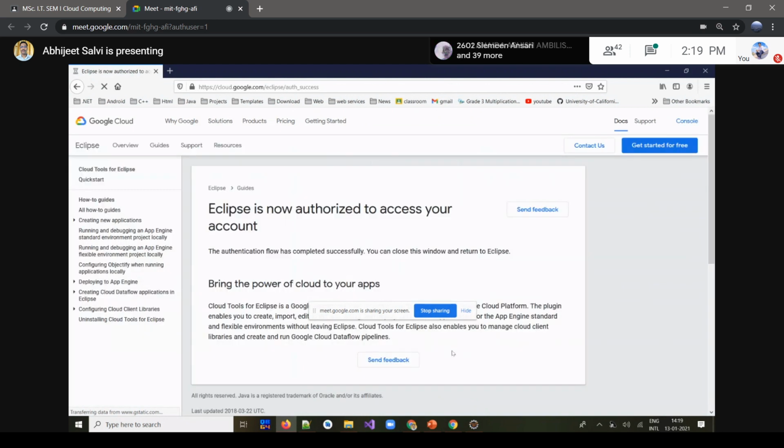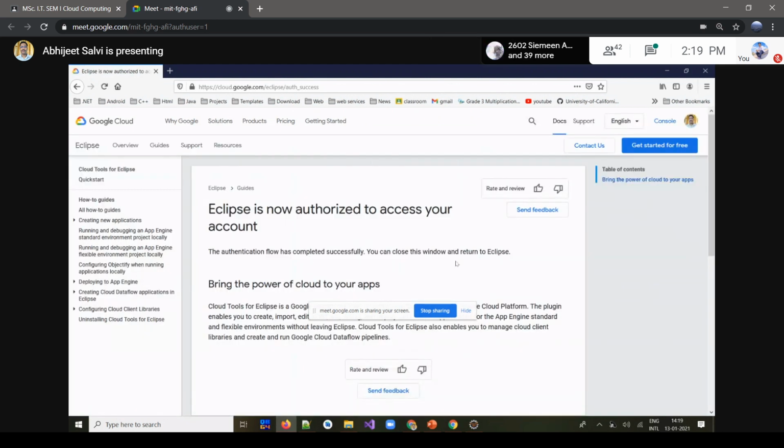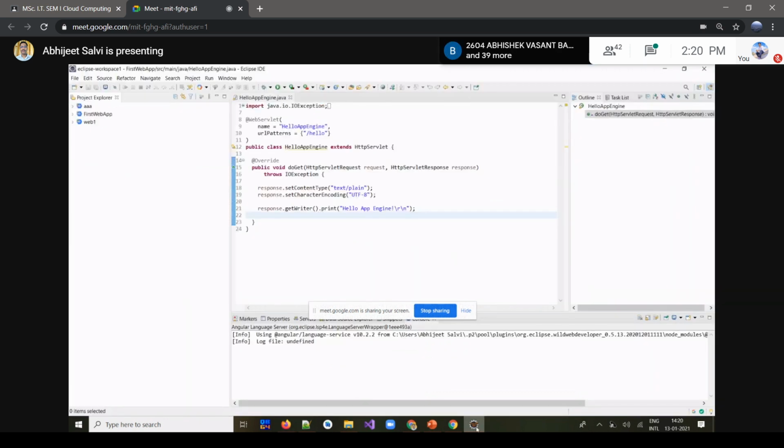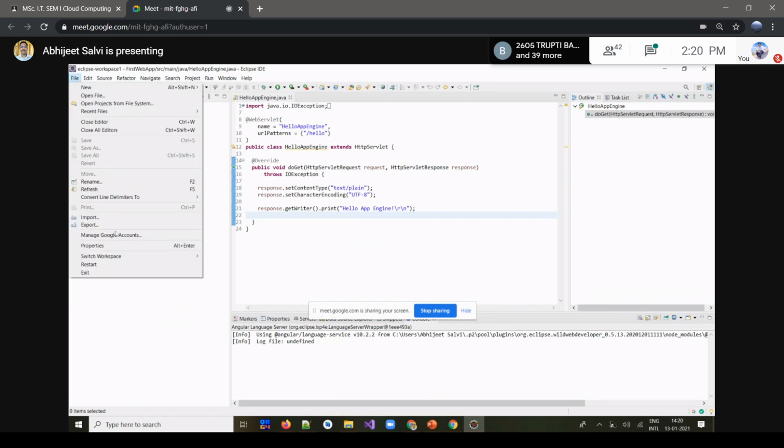Okay, so you will get a screen like this. So now we are linked to Google App Engine through our email, our account over there. Okay, that is what we are talking about right now. So we'll go back to our page, and if you go by this option once again, it's showing manage Google account, because we are already logged in, or this app is already connected to our email account, to Google App Engine. Okay, so that is step number four, I think.